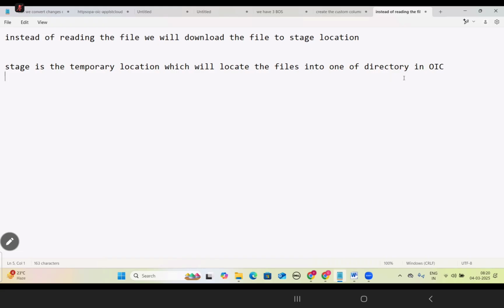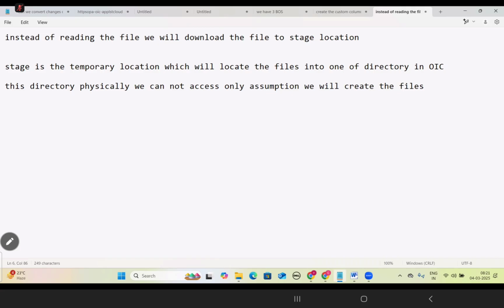So this directory, physically we cannot access. Only in assumption we will create the files into stage.